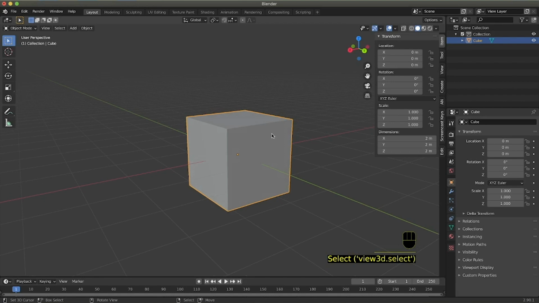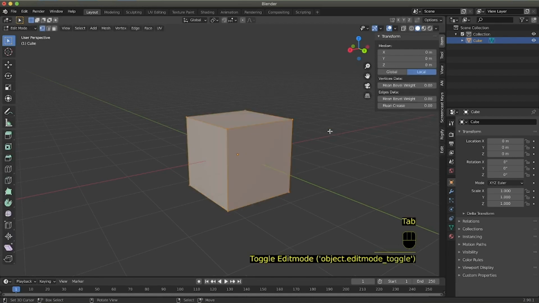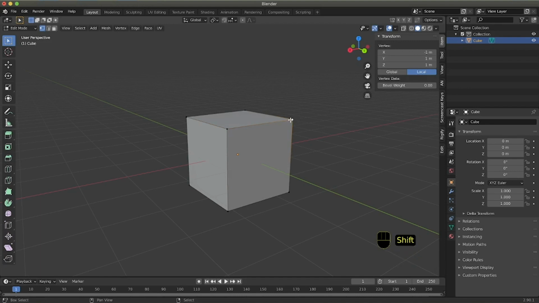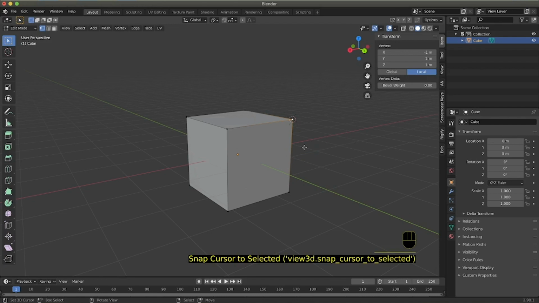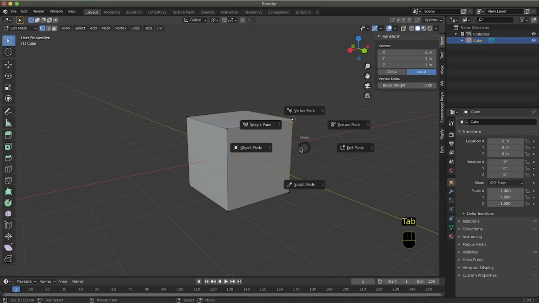The first thing that I have to do is enter edit mode, where I can select and alter single vertices of my cube. Select this vertex of my cube, press Shift S and Cursor to Selected, and exit edit mode by pressing Tab.